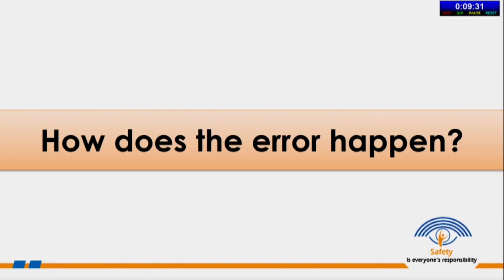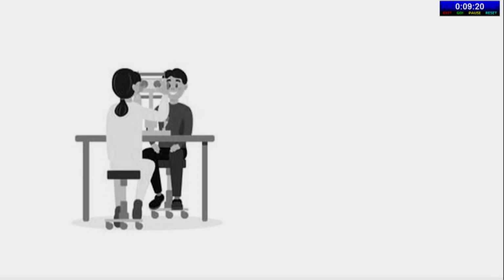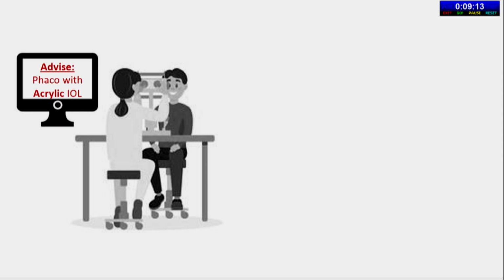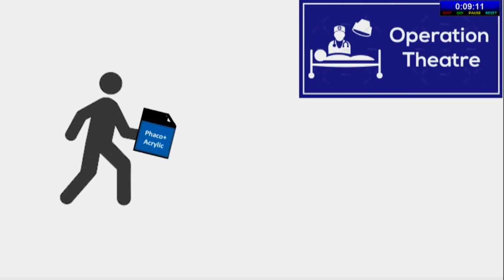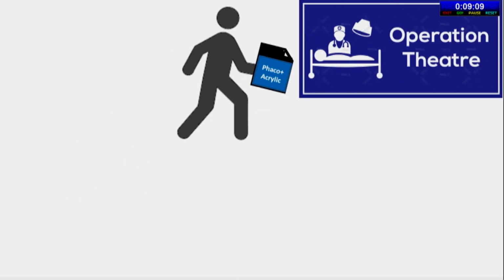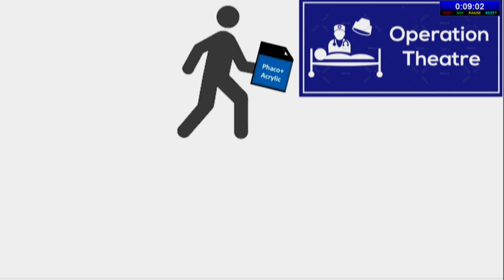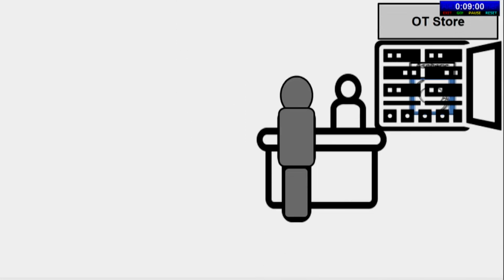So how does this error happen? We can understand a few of the scenarios. It can happen in multiple ways because it's a combination of the system and the person. So here is a case where a doctor has examined the patient and the patient has been advised a phaco with acrylic IOL. The patient is taken to the operation theater. It's possible that a proper timeout was not done at that time and the IOL was not present there for verification. So the